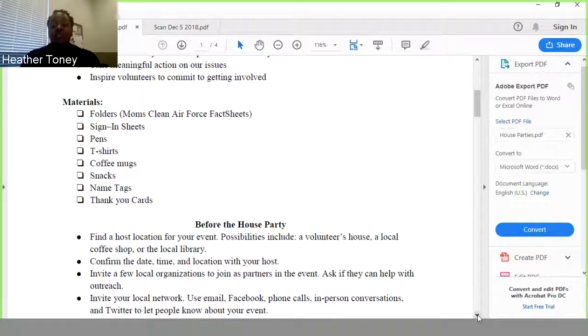Sign-in sheets are so important, but believe it or not, it's one thing that people forget. So we try to remind you over and over again, please get a sign-in sheet. And on that sign-in sheet, you want a name, a telephone number, and an email address. Now, we also have spaces, and we ask that you collect addresses, but